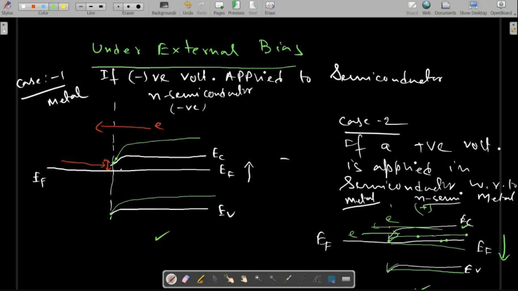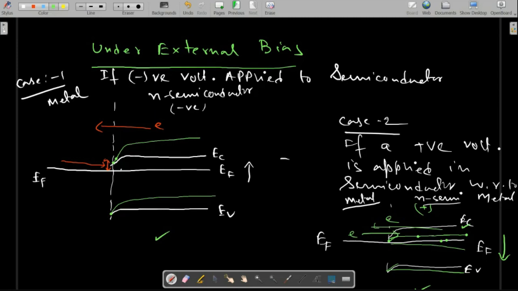theoretically so many things can be done, okay. But from a fabrication point of view, that semiconductor and metal might not be compatible. That means you cannot deposit metal over any type of semiconductor. So there will be some compatibility. Over silicon you can deposit aluminum, that is okay, but you cannot deposit any type of metal over silicon. It should be compatible in nature.